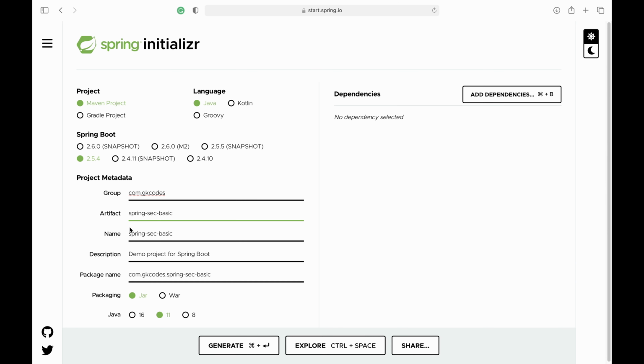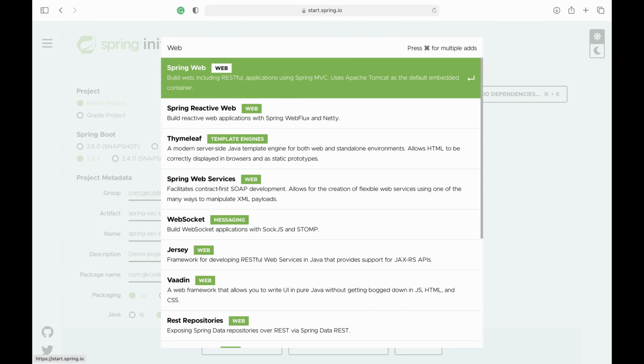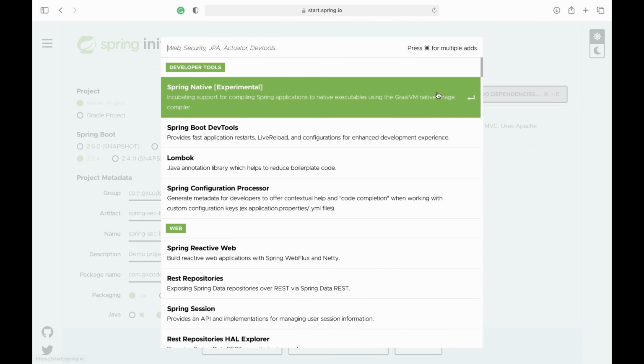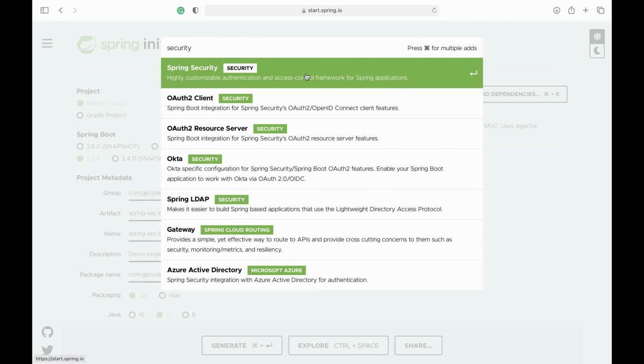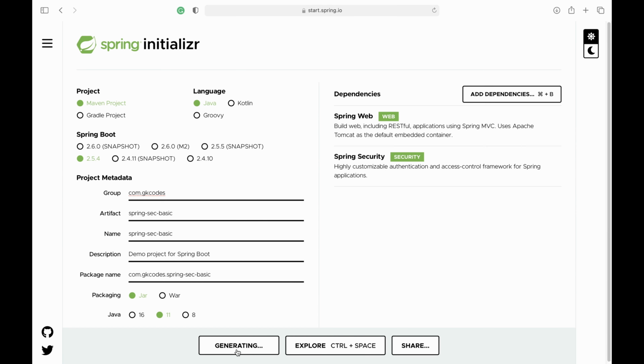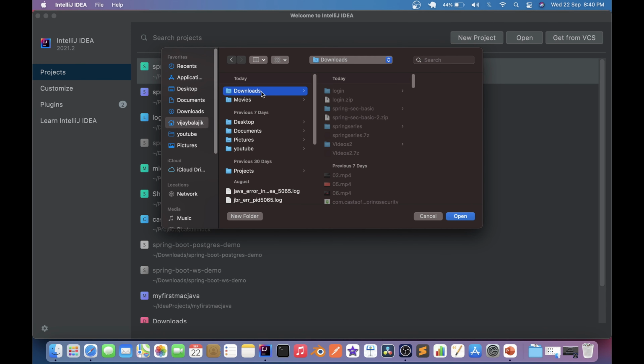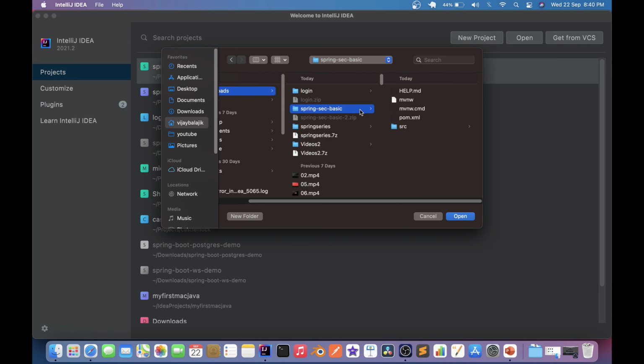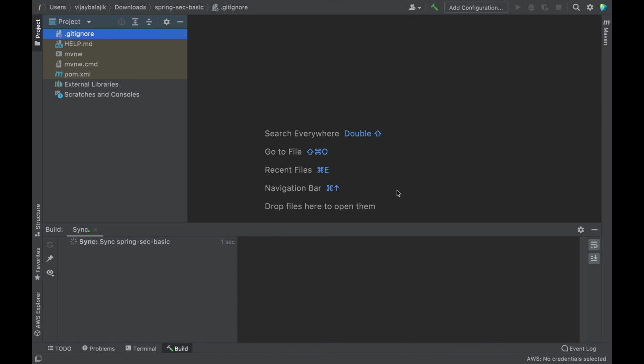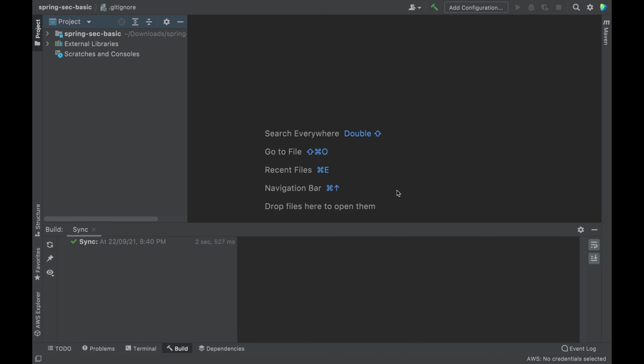Security basic, Java 11, generate, add dependencies: web, security. Let's open the POM.